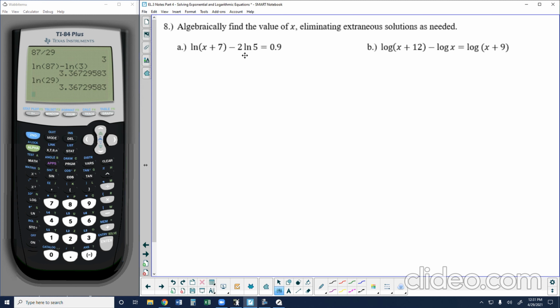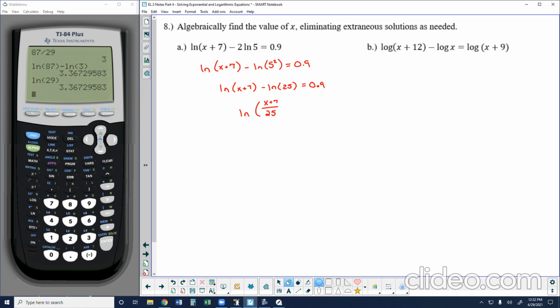equation. I may recall that the power property for logarithms allows me to rewrite 2 times the natural log of 5 as the natural log of 5 squared, rearranging that coefficient as an exponent. Now this would give me the natural log of x plus 5 minus the natural log of 25. And now this isn't the only way that I can complete this problem, but now I may notice the quotient property. The quotient property allows me to combine these two logarithms